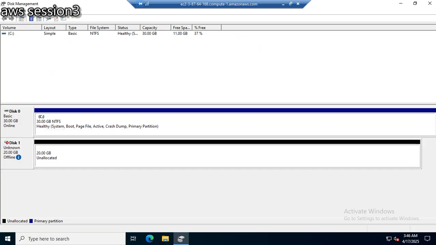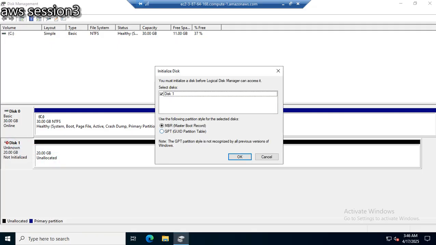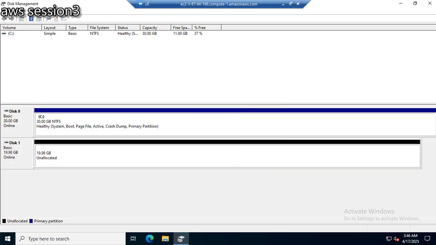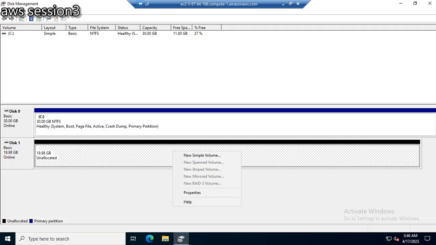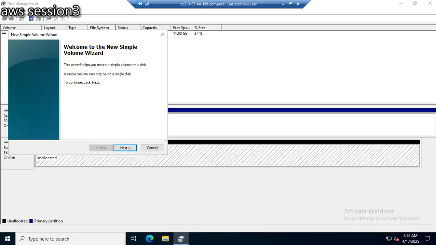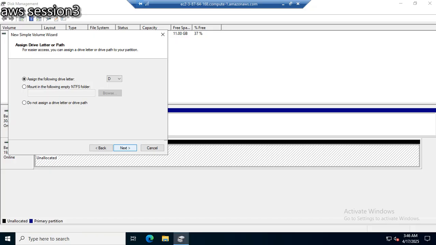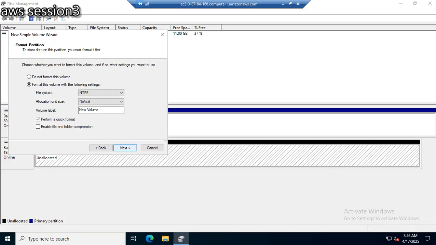Disk 0 is created by default, and disk 1 is the one we created. Right click here, online. It is asking for initialization, so I click initialize disk. You can use MBR or GPT. Then to create a partition, click New Simple Volume. The default file system is NTFS. Format is NTFS.